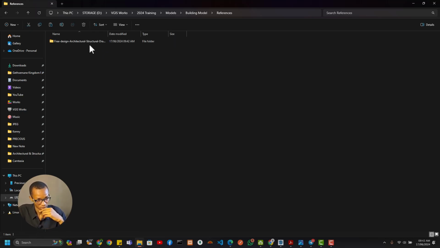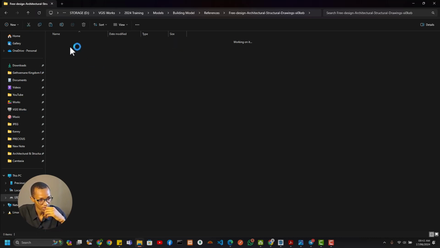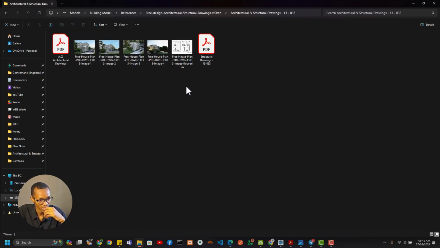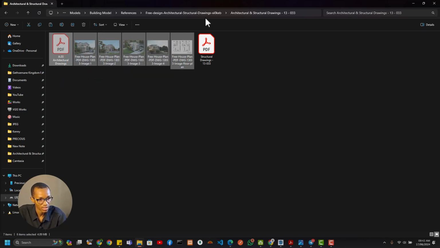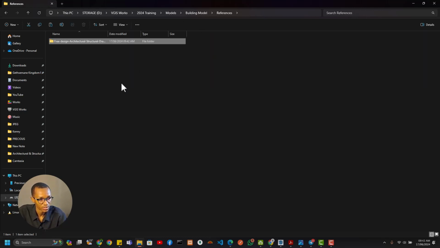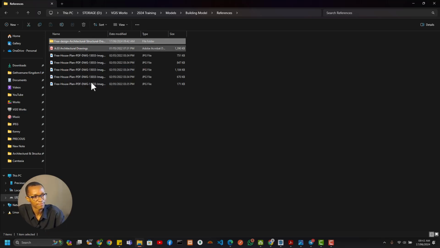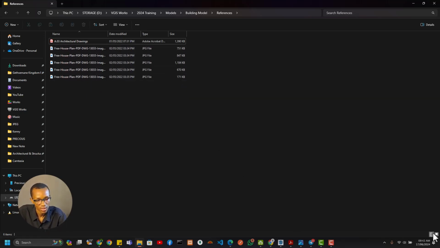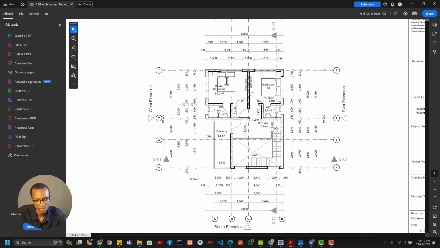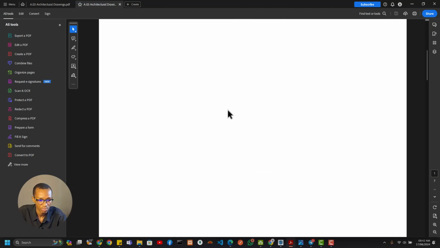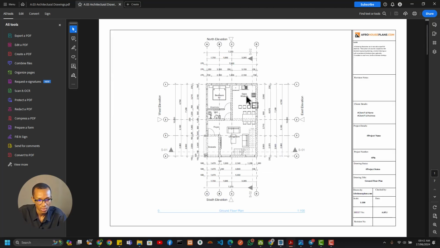So I'm just going to take what I need, and these are just what I need. So I'll cut that out, and I'll come to my references, and I'll just paste that and delete that folder. All right. So, here I have my architectural plans,